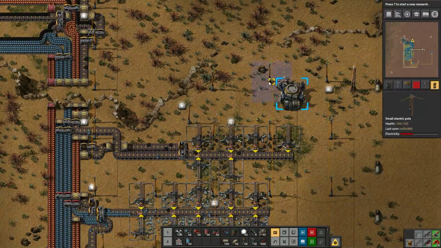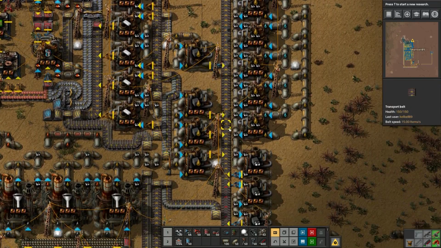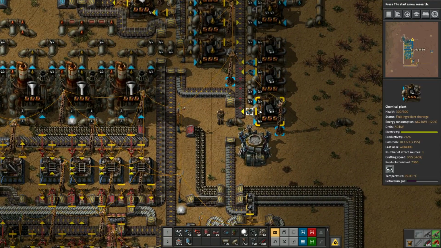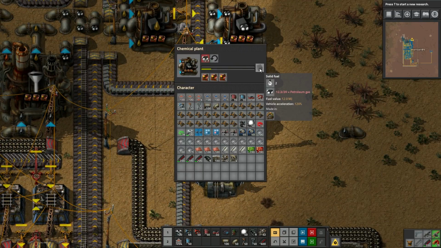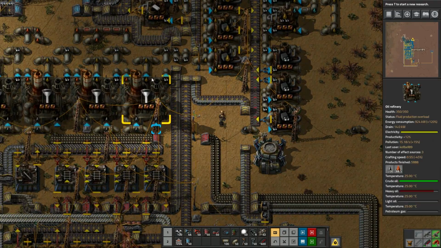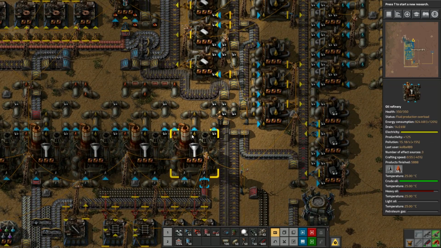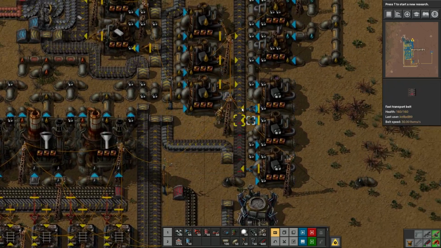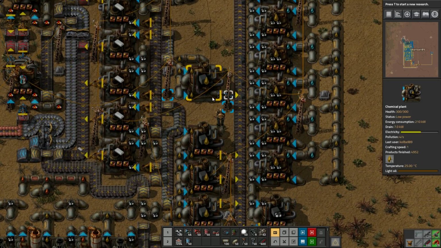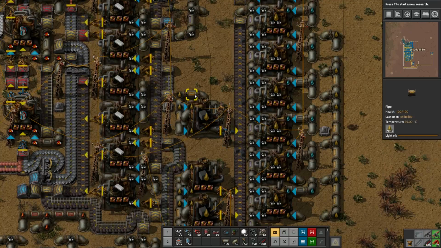Wow, you can see my power is just in the red, even though stuff is turning on. Alright, why is this not kicking out anything? Because I don't have enough petroleum. And I'm not getting petroleum or light fuel. Okay, light fuel is working. That's good. Probably not sustainable enough